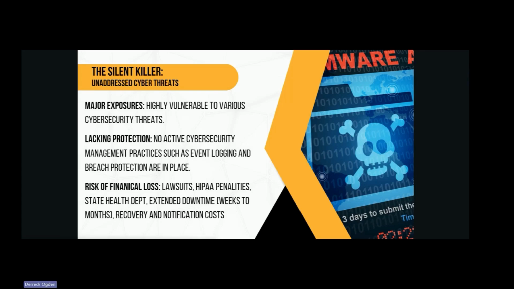So the recovery, the notification cost, having to go out and inform all of the people who were downstream from you or anybody who was in that system when it was hacked, that a bad guy may have seen their name or their address or something. You have to notify all those people and you have to prove that you notified them. So you have to use a notification service like Experian, the credit bureau. They have a whole division that just does small business breach notifications, and their minimum is like $45,000. So the expenses for recovery and notification can really stack up fast.